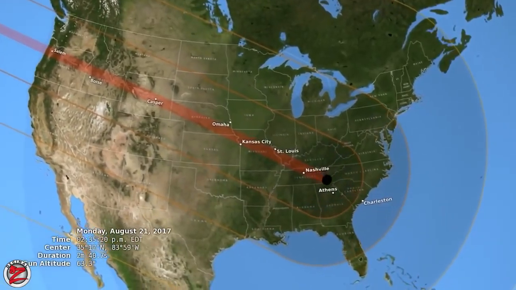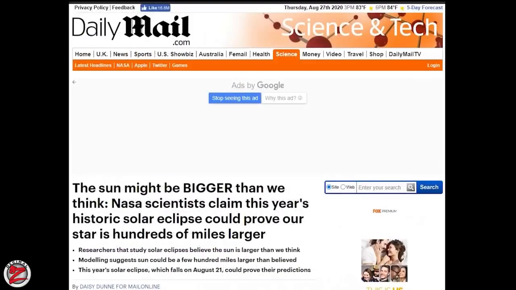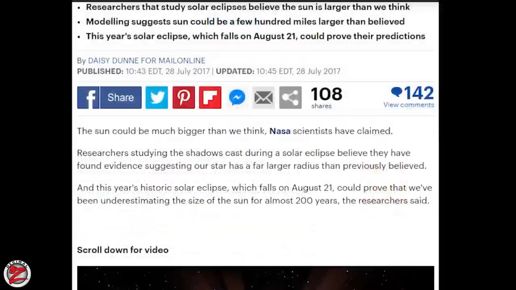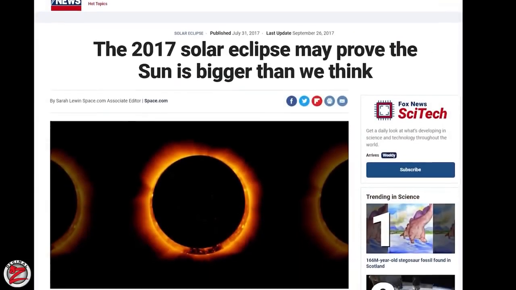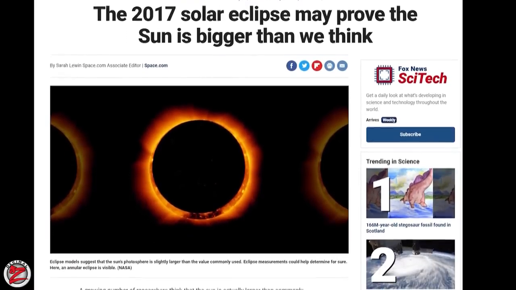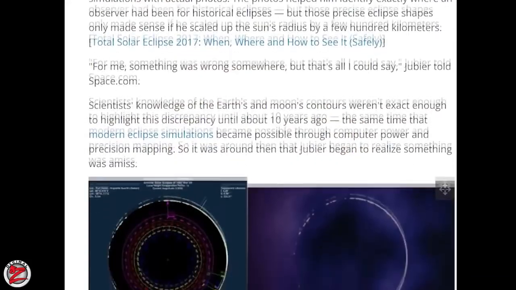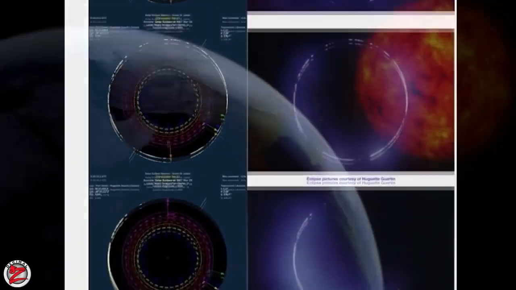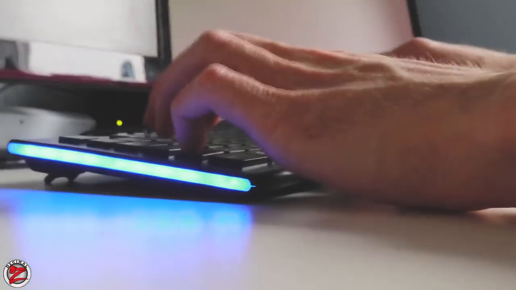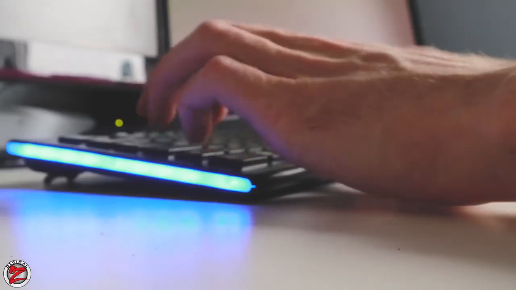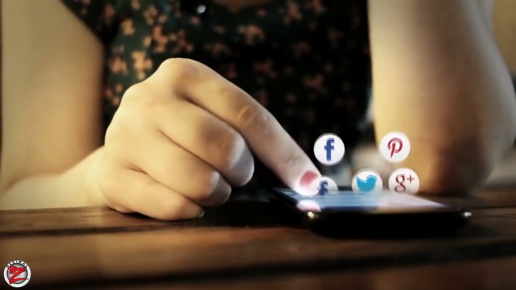At that time, several NASA scientists began to say that the sun is much larger than they thought. They admitted that they need to increase the size of the sun to make the eclipse and the math match reality. The news came out in different media, and several notes were replicated. They said that the sun was 250 times bigger than the actual size they have told us. But now, those news articles disappeared from the internet, and all we can find now is that NASA scientists say that the size of the sun has to be a bit bigger so the eclipse calculations can work more precisely.